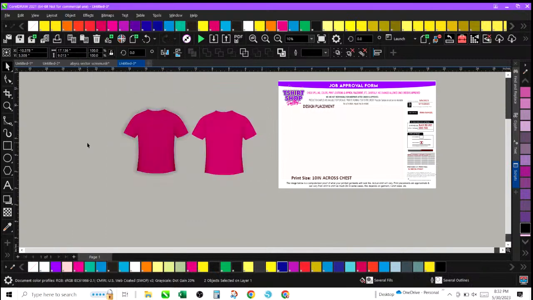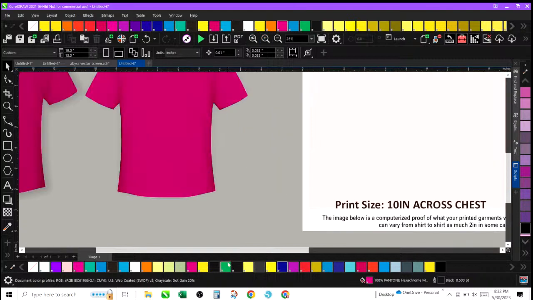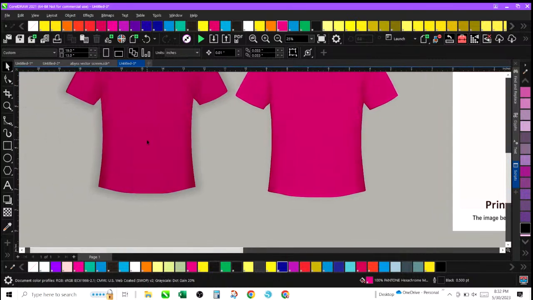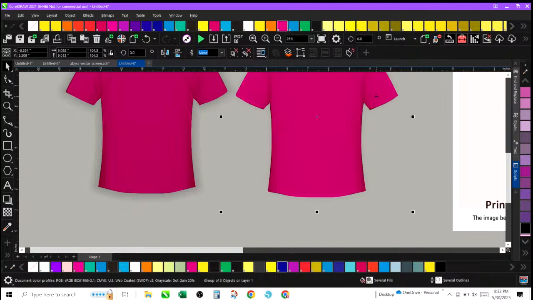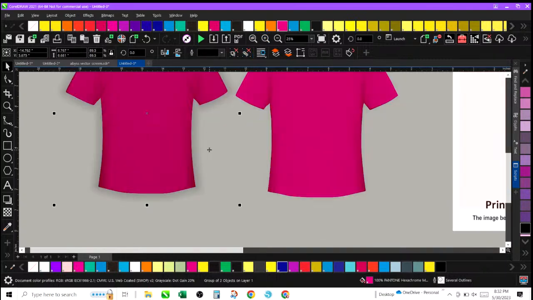And then I'll take this here and I will go Object and align it to the top of the page. Now you may see a little line here, but that's because this design, the way it was before when I grouped it together, you could do like half and half on the shirts. You could even take off the sleeve if you wanted to and change the sleeve. So if you want to do, for example, one with a color change on the sleeve,